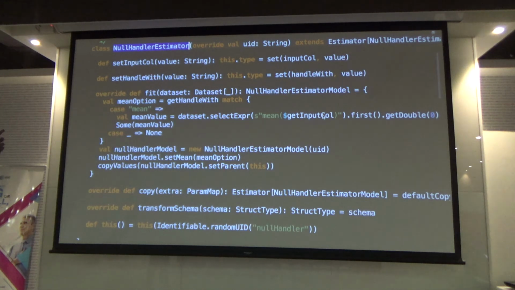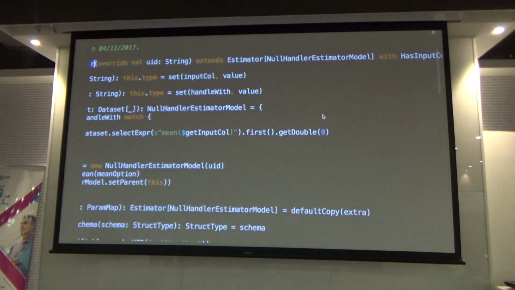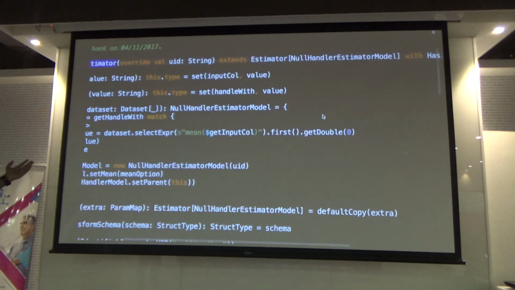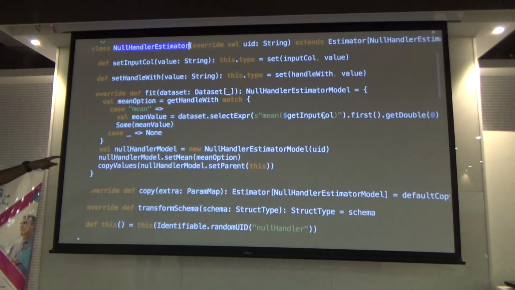So yeah, we have a null handler estimator. We just scroll towards the right. So we extend Estimator. Estimator takes the type of the model which will be returned by this specific estimator. It is called null handler model, which will be implemented by us, and we take the parameters input column and handle with. And if you see the fit method, I get the handle with parameter, and I check if it's a mean value. And if it's a mean value, I calculate the mean value